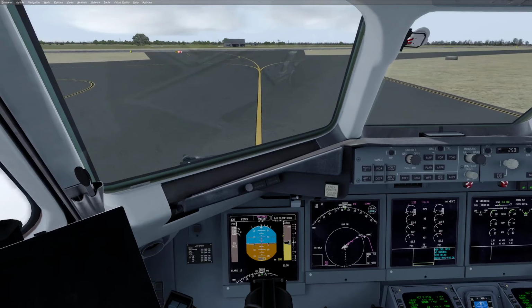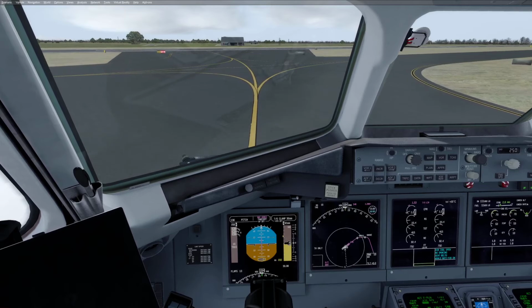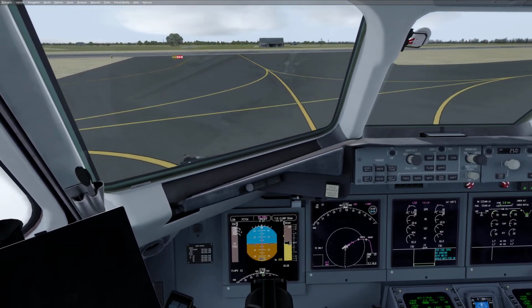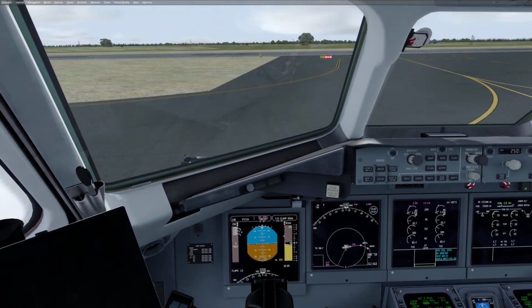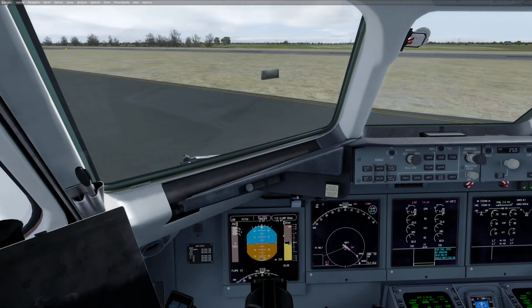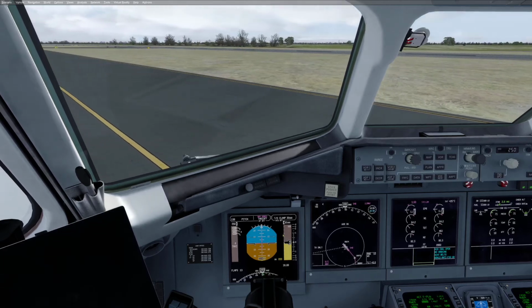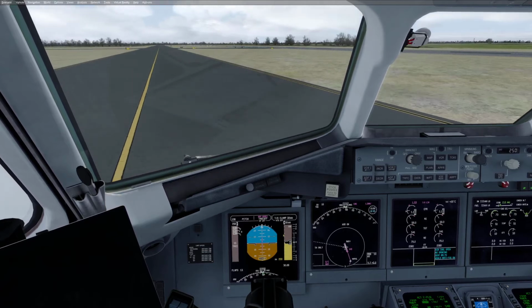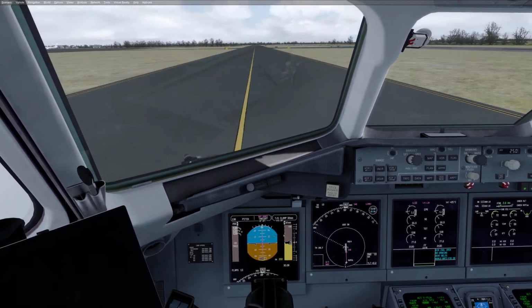So yeah, flight time today is going to be in the region of about an hour and a half. It probably takes me as long to set up the plane as to do the flight. Now we're just going to taxi on down to the end of the